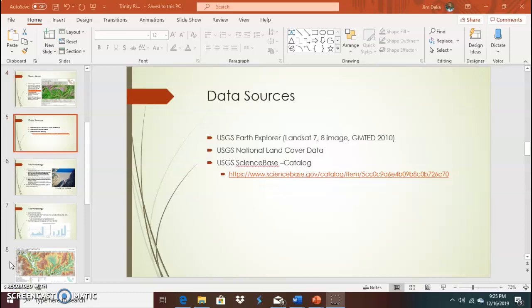These are the data sources that were used for this project. Images downloaded from USGS Earth Explorer from August 2002 and August 2019 were used in labs throughout this project.